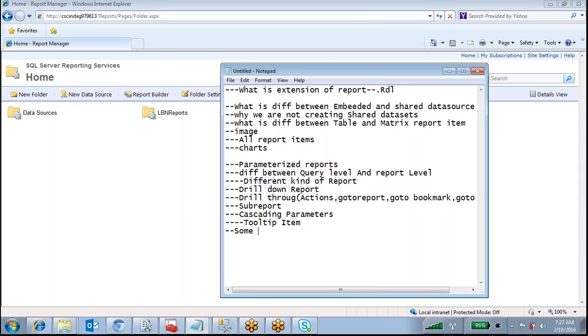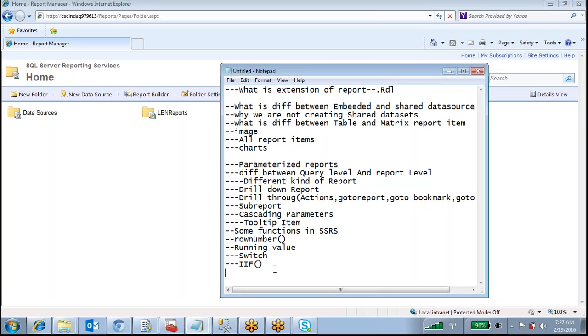And some of the functions in SSRS like row number, running value, switch function, and IIF function. These are the most popular functions.